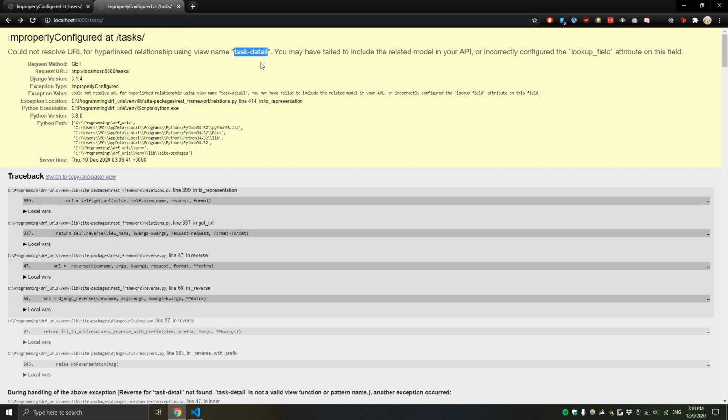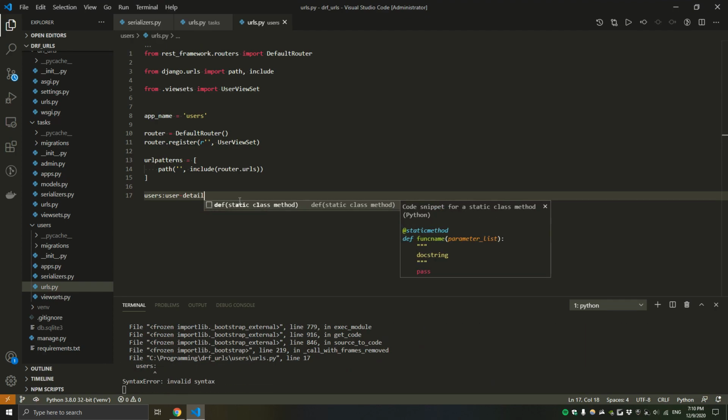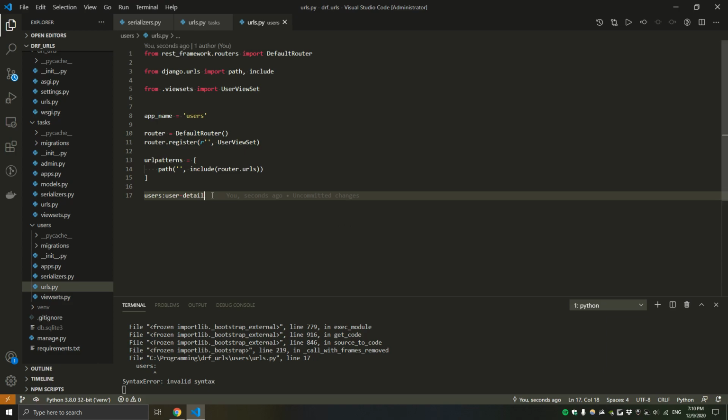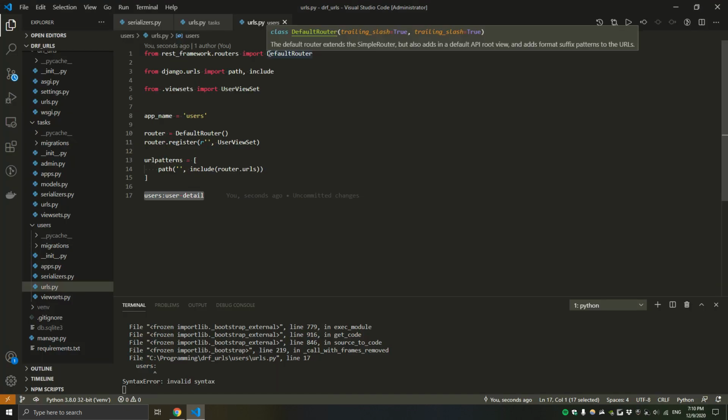which I don't have anymore, because now that I'm using the namespace, it's expecting something like users:user-detail. And this is where I want to get to, but this is what they're trying to find, and they're saying I can't find user-detail. So Django doesn't know that the namespace is being used,